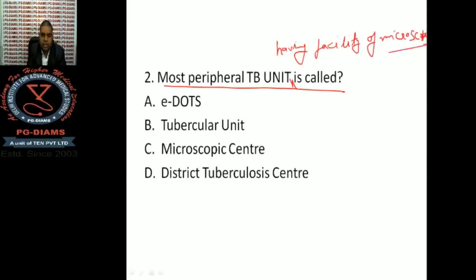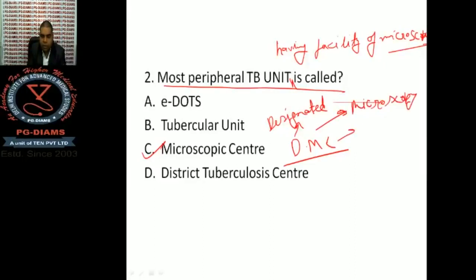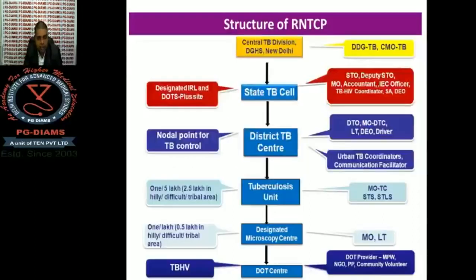In both the cases, the answer is microscopic center among these four options. Okay, because designated microscopic center, DMC, designated microscopic center is the most peripheral unit. Okay, it is the most peripheral unit. Okay, let's see it in this